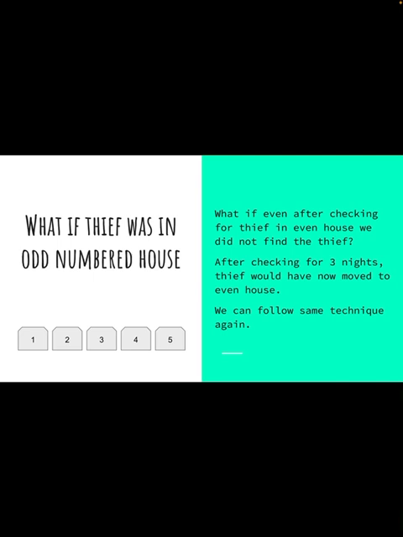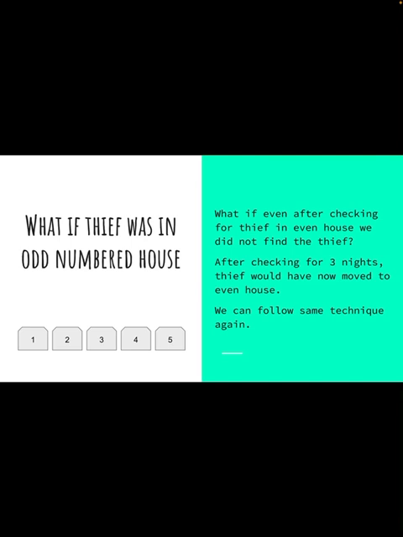But what happens after 3 days? The thief would have moved from odd to even to odd, and then from odd to even. So right now, after 3 days, if I'm still not able to find the thief, it means that the thief is now in an even numbered house, right? If the thief started off with an odd numbered house, after three moves, he would end up in an even numbered house. And now if we know that the thief is in an even numbered house, we can just repeat the same process. Let's go check 2, then 3, then 4,